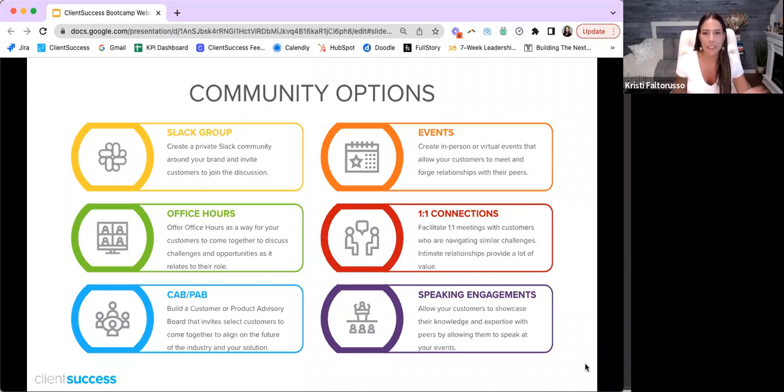If you have two CSMs who are like, hey, I have a customer that looks like this, and I have a customer that looks like this. Oh, wouldn't it be great? We should just facilitate a conversation if they're open to it, and hopefully they can have a dialogue and solve each other's problems. It can be as easy as that.